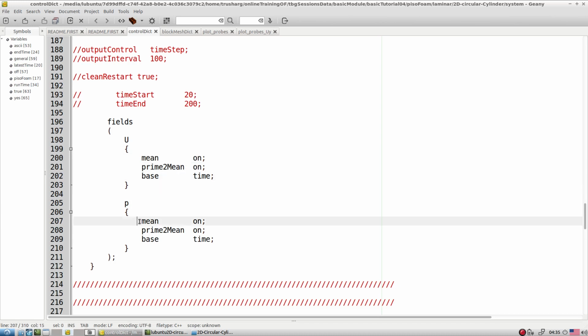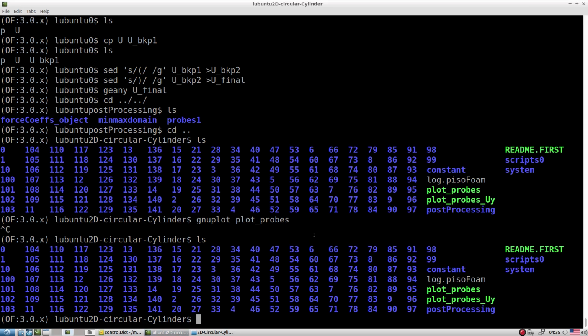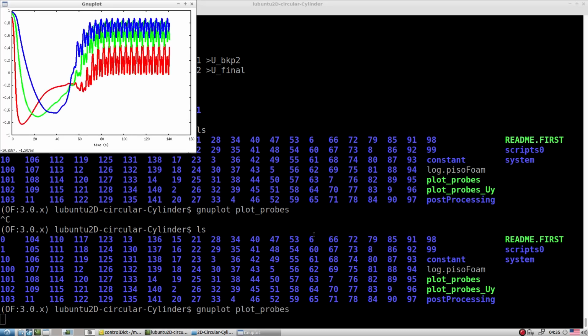Along with that, you are also going to get a mean pressure and a statistic of pressure, so P-dash quantities. That way you can look at it. But what exactly one has to do is look at these probe locations. Look, almost the probes become mature at this particular location after something like 80-90.